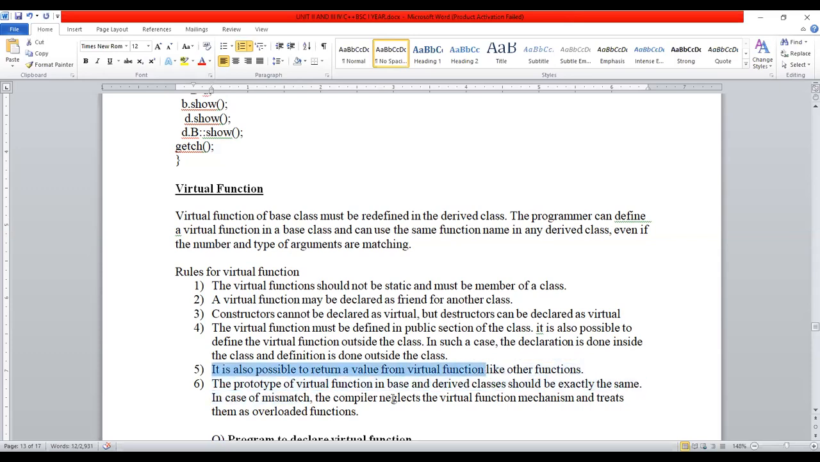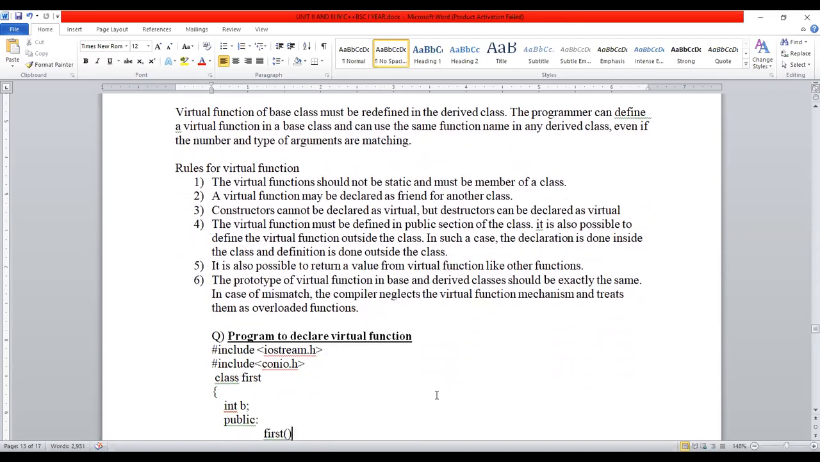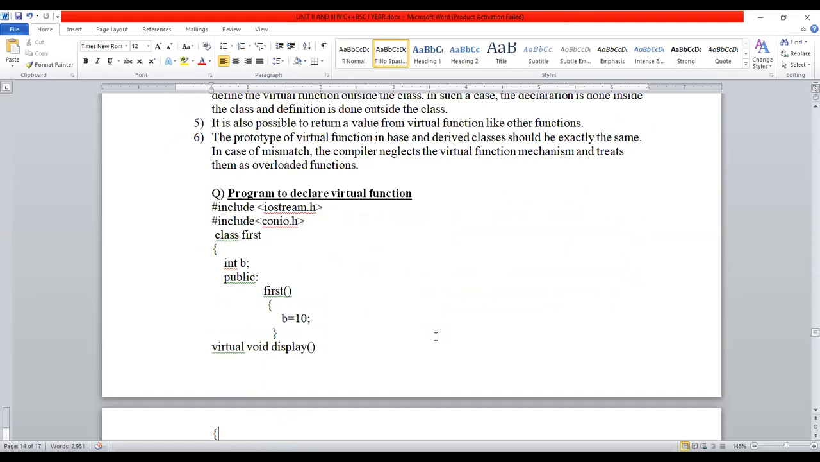The prototype of a virtual function in the base and derived class should be exactly the same. In case of mismatch, the compiler neglects the virtual function mechanism and treats them as overloaded functions. So if you don't write the virtual keyword, the compiler will avoid it and think of it as an overloaded function. See the program to declare a virtual function: #include <iostream.h>, #include <conio.h>, class first, int